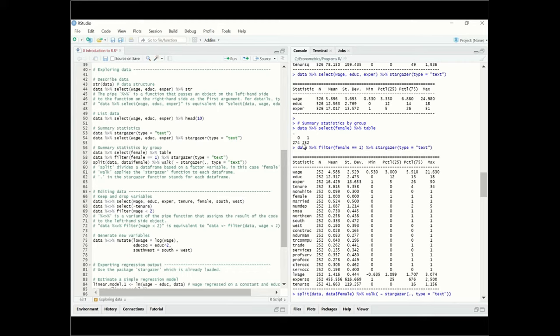Only for the female that we have here, for the 252 females in the data, we're summarizing these variables. So this one here, $4.58, is the average wage for females. Okay, so now if we want to do it for males, how we can do it is, of course, if